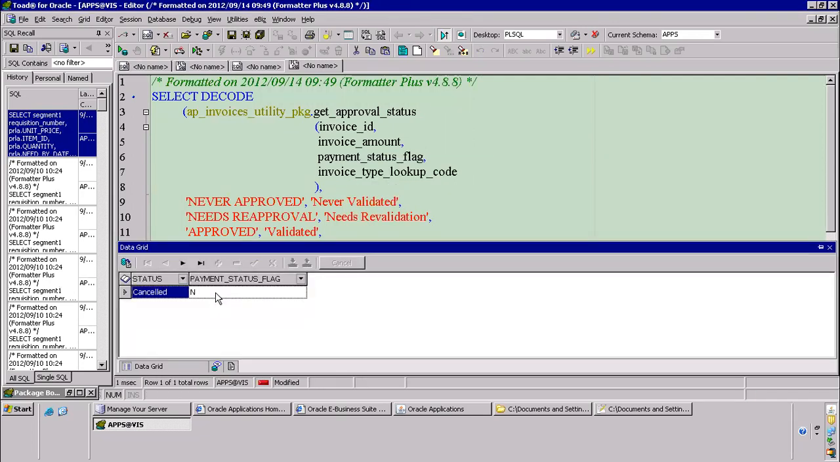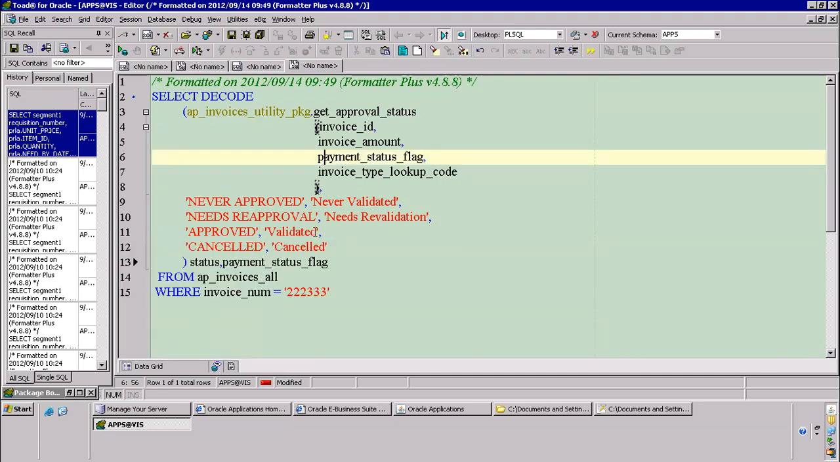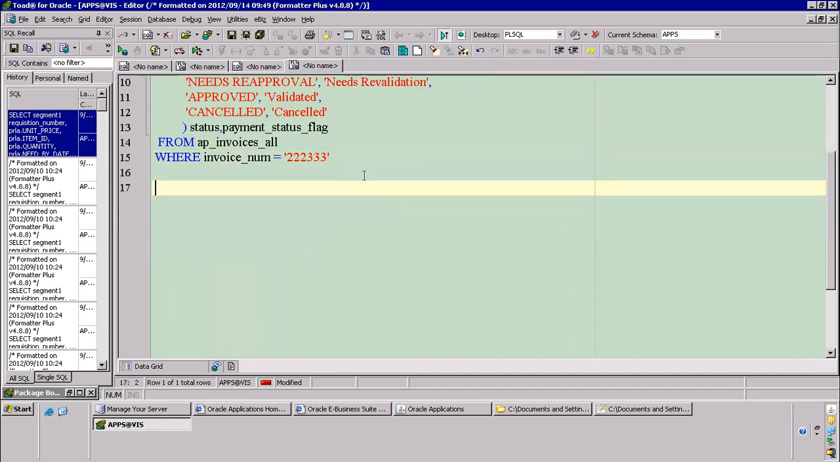It is N. N means not yet paid. We haven't made any payment here. If you make full payment, it will become Y automatically. If you make half of the payment, that will become P here. P means partial payments. If you want to see how many payments are partial, meaning pending payments, AP invoices where payment status flag is